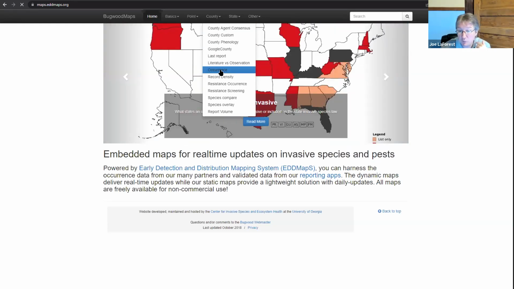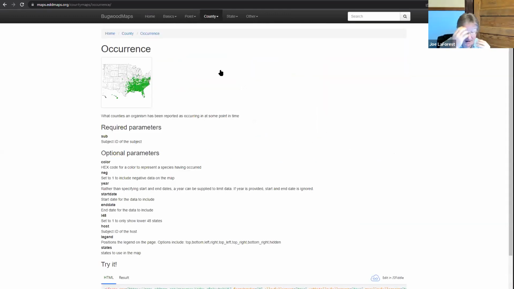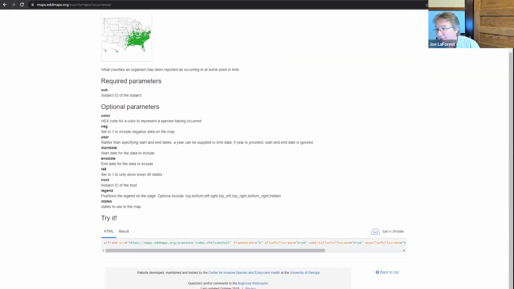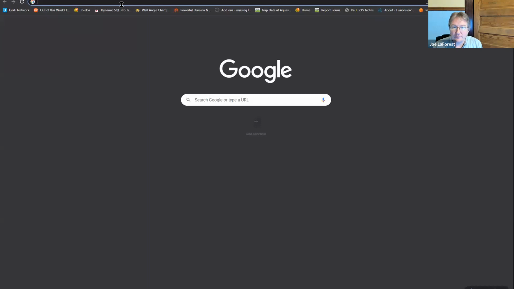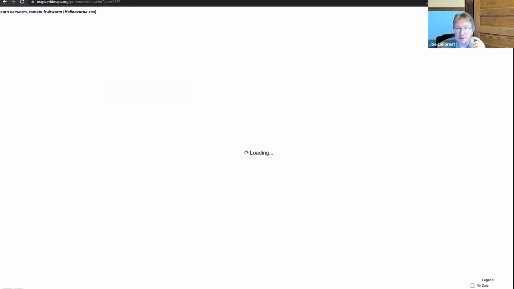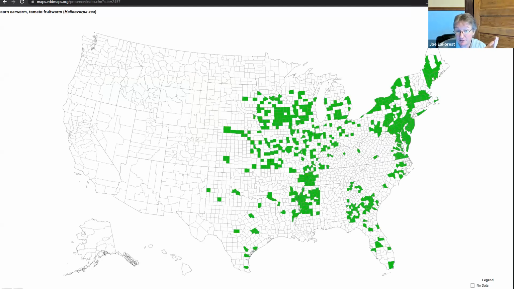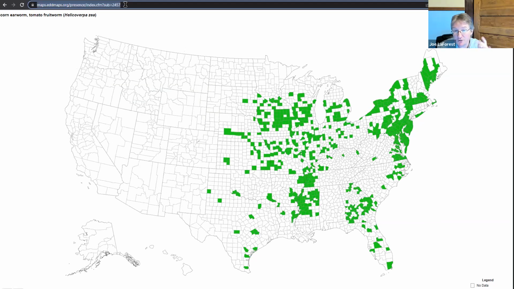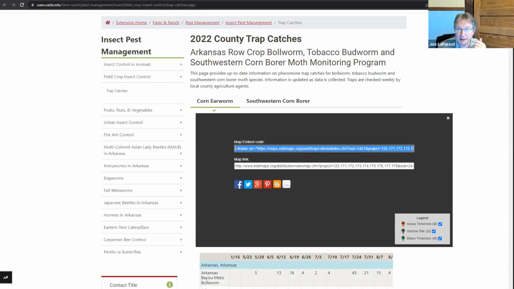So I'm going to work off an example of, I see this occurrence map. It's just presence, absence of what's been found in the field. And so let me start with this particular one here. I'm going to continue with that whole Arkansas theme. I'm looking at corn earworm, Helicoverpa zea. And here's just, I dropped in the species code for it. We have a lookup on our,